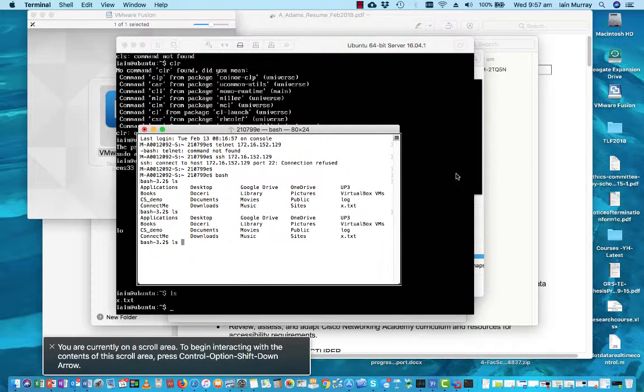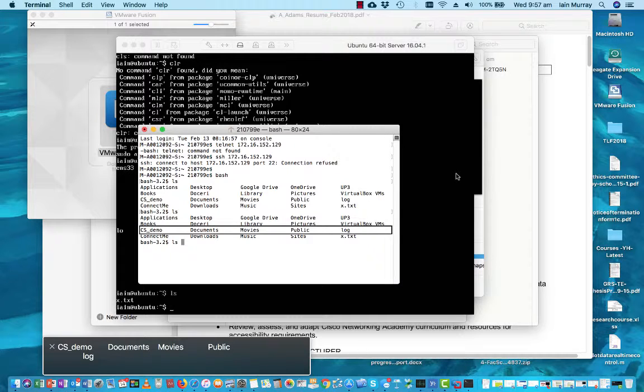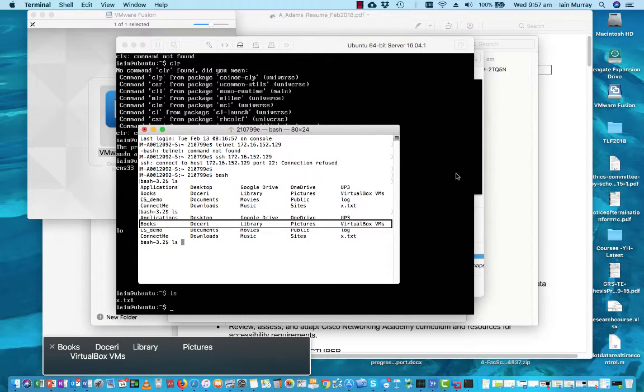You are currently on a scroll area. So to begin interacting with the scroll area content. 2 items, shell text, split pane button, shell text and text. There we go. And I can go through downloads, music, documents, movies, public, log, books, glossary, library, pictures, VirtualBox VMs. And there we go. I can actually go in and look around, interact with it further, break it down into